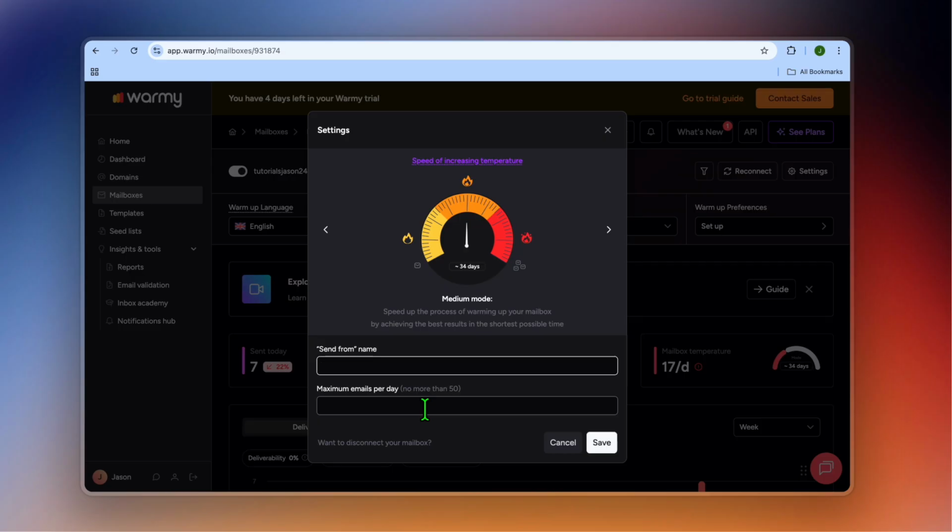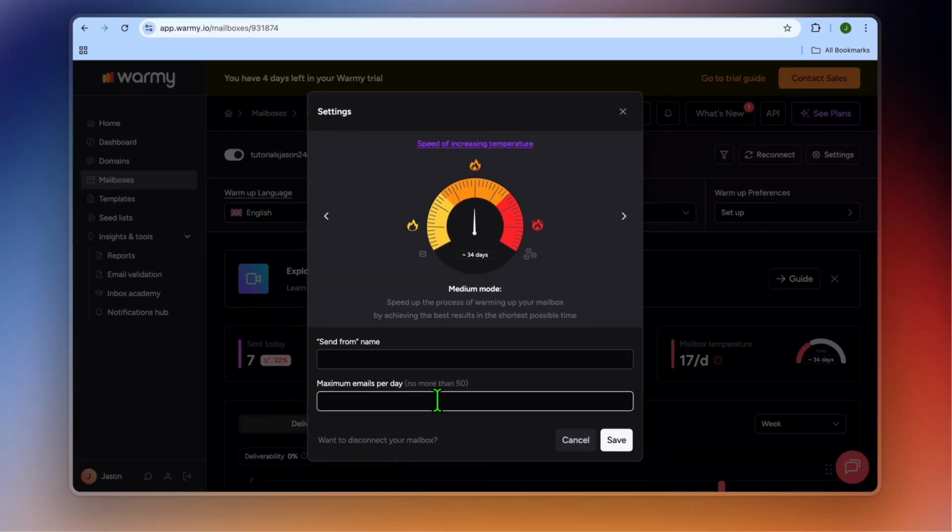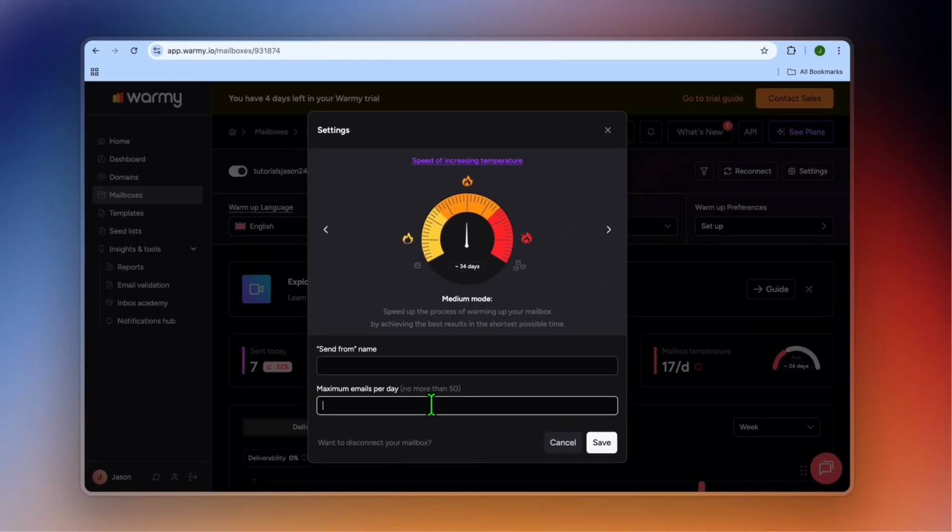And I recommend that you don't rush this. Fast sending tends to kill trust. So here's what I would recommend based on my research. If you are connecting a new domain, I recommend that you pace it out so it would be 2 to 4 weeks of warming up. If you have an existing domain, I would recommend that you space it out so it goes 1 to 2 weeks. And based on research, the maximum that they recommend you send if you're just starting out is between 30 to 50 emails. Warmy works best when it runs in the background consistently,